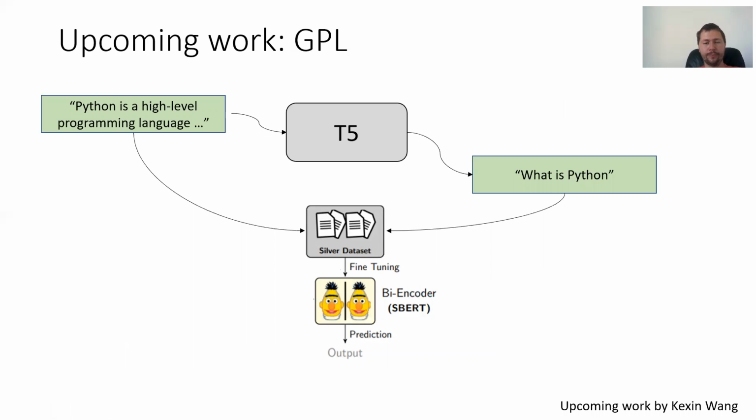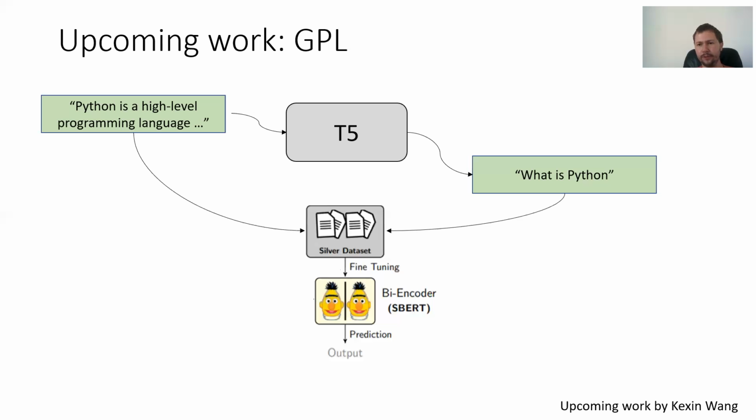This is also upcoming work by him on GPL, how to do domain adaptation for semantic search. It uses a similar idea as DocT5Query. So you have some paragraph, Python is a high-level programming language. You pass it to your T5 system. You get an output, like what is Python, some questions or queries people could ask and where they would be happy to get this as a search result. And this creates some silver data sets. So for all your documents you have in your domain, you generate these queries, and this gives you a silver data set on which you can then